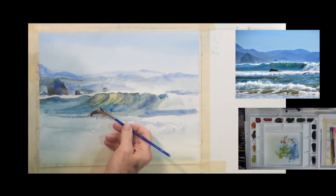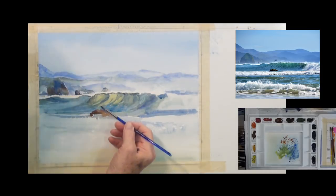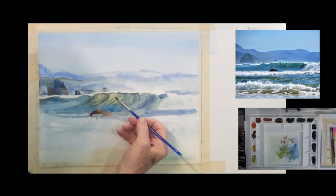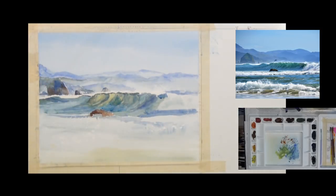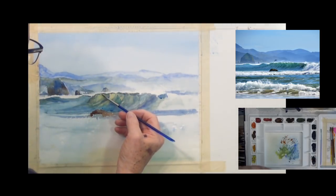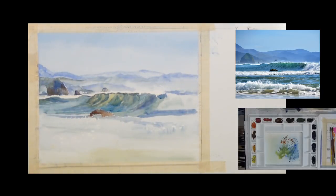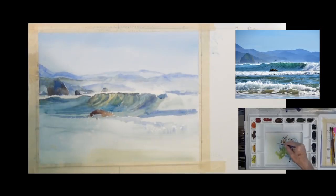Color mix. Almost that yellow is almost too bright, really. Come back over that and just tone it down just a little. Almost looks like a cliff out there, doesn't it? Let's just throw some